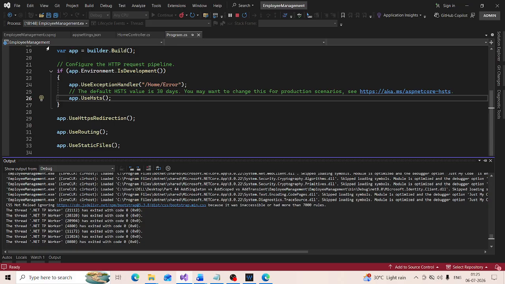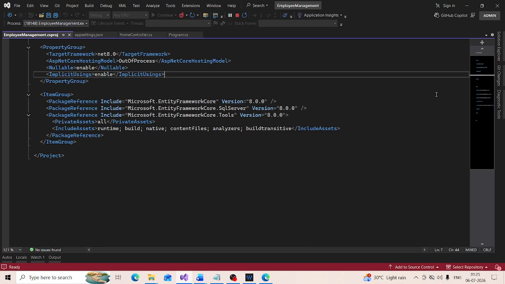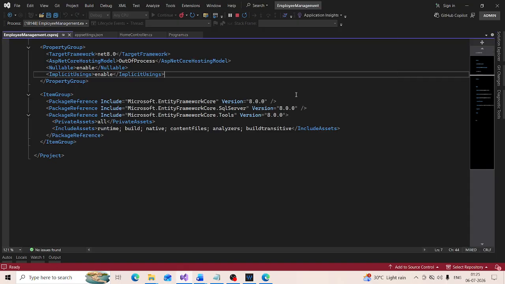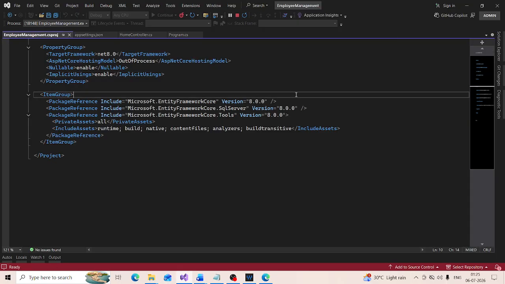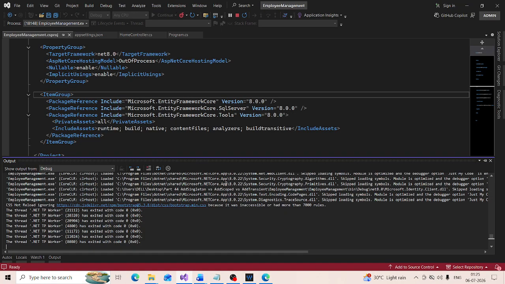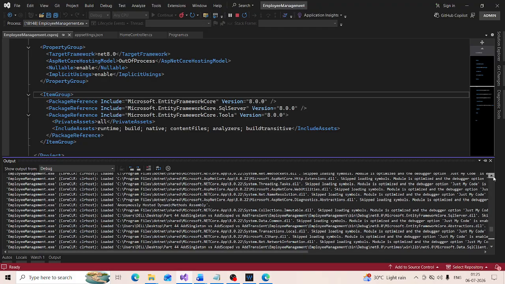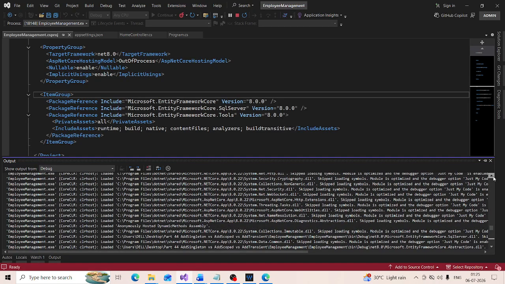You can also get this csproj file by double clicking at employee management project. So the process that is dumping all this information here is employee management.exe. If you have used in process